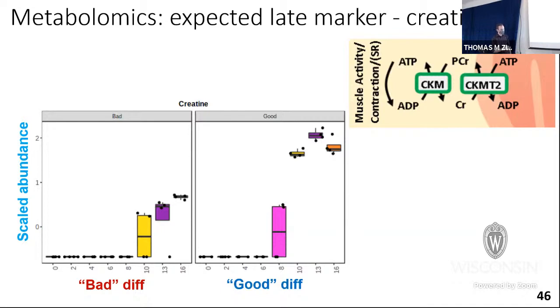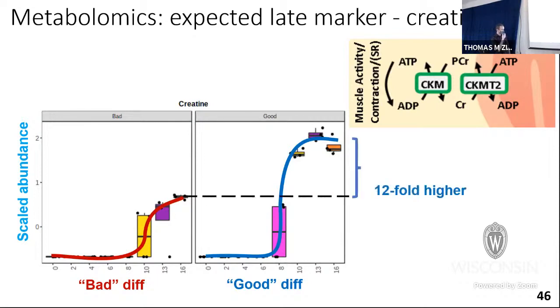And indeed, we do see much higher expression of this particular metabolite in the good versus the bad, confirming that the data is at least telling us what we expect it to be telling us, such that we can then use it for further downstream exploratory analyses. Again, we see this potential differential onset of expression where creatine potentially has started to be upregulated as early as day 8 in a good differentiation, and not until day 10 in a bad differentiation, suggesting some potential developmental timing aspects that are different between the good and the bad differentiations.